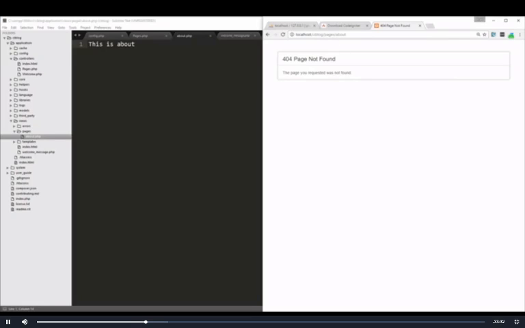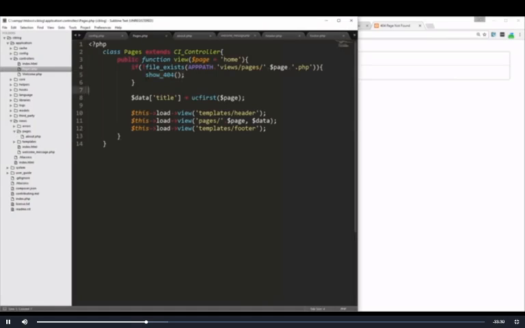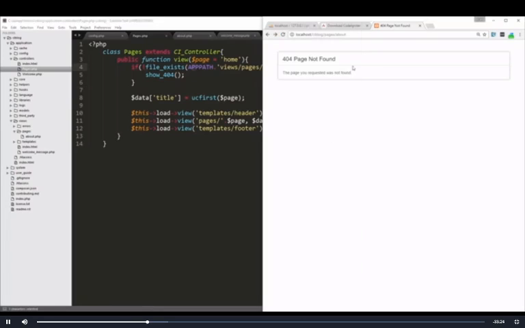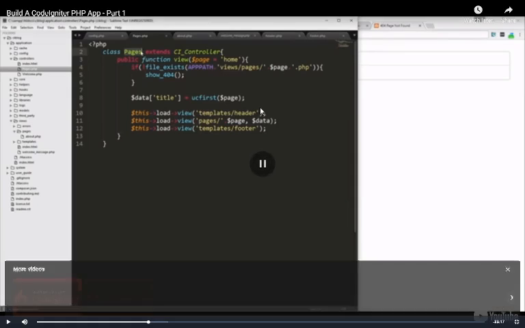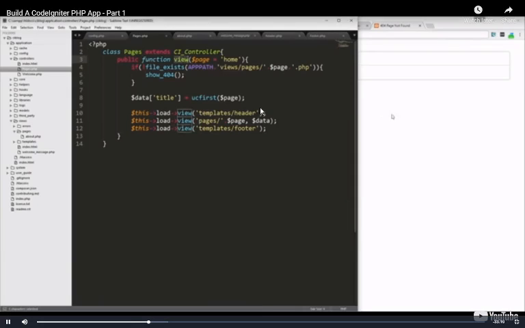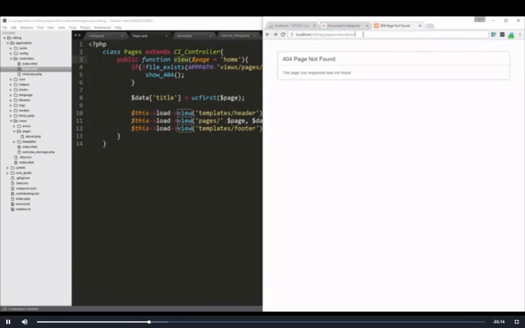Pages about, oh, actually, you know what, it's pages/views or view/about, because we want the pages controller, but we want the view method. All right, and then the page. So let's